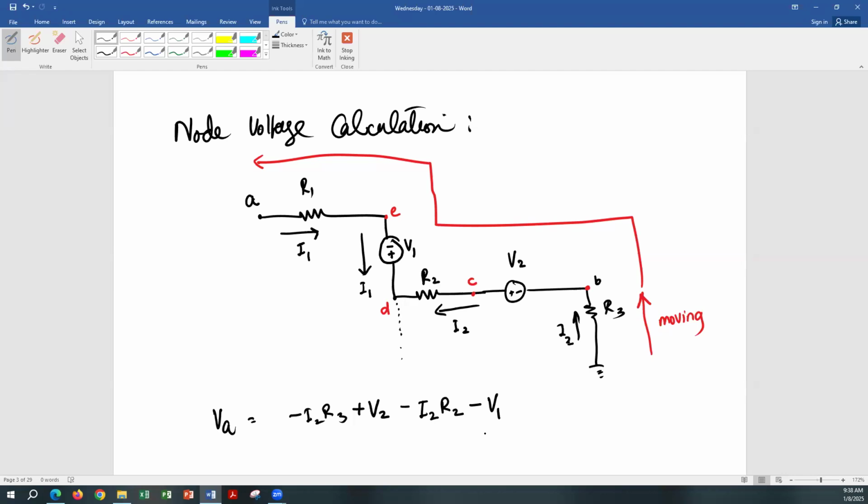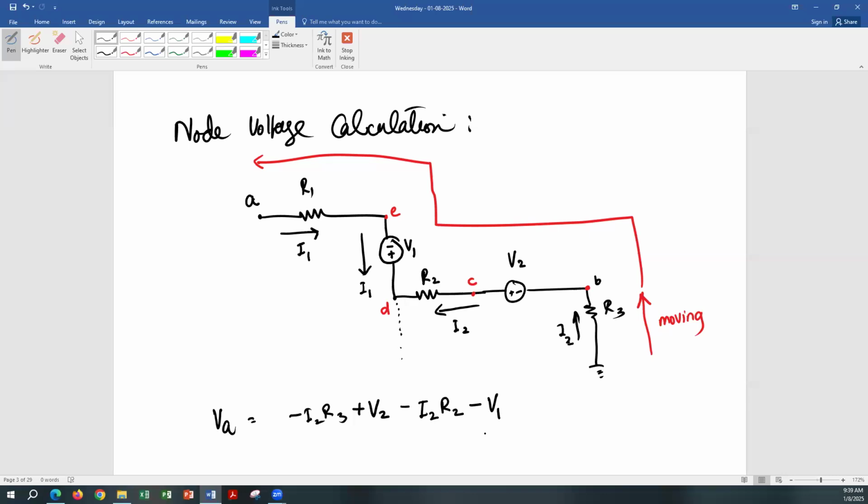Based on your movement and the movement of the current through that resistor. The movement of the current through the resistor is from node A to node E, and you're moving in the direction opposite, of course. So when you get from node E to node A, you have